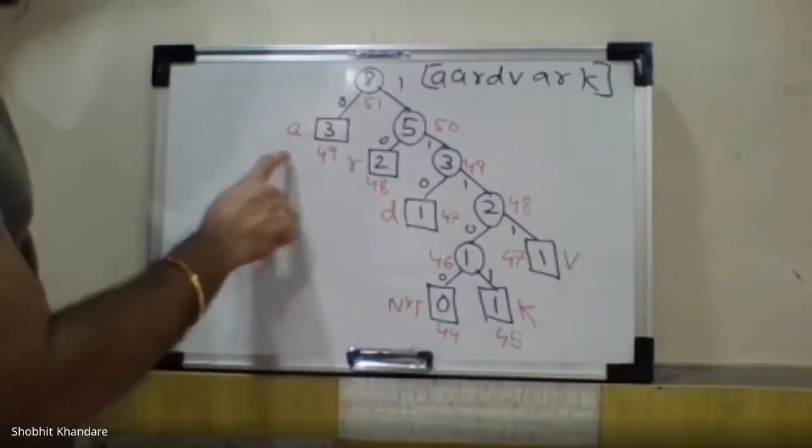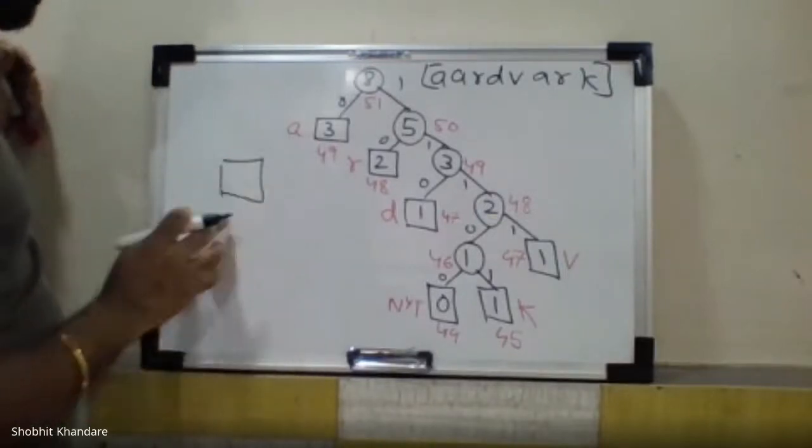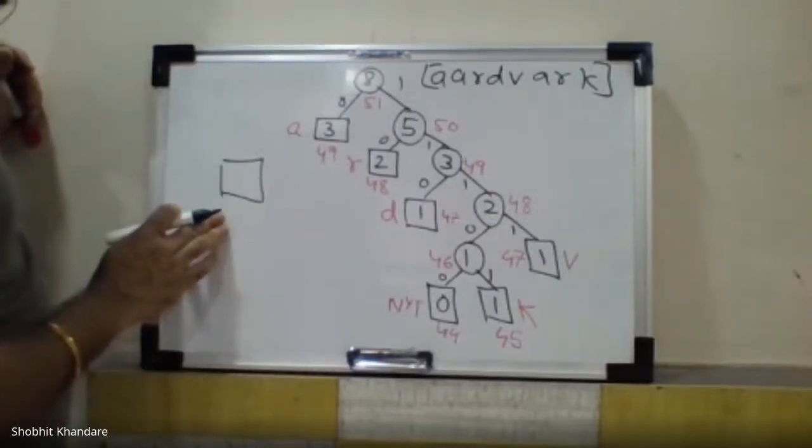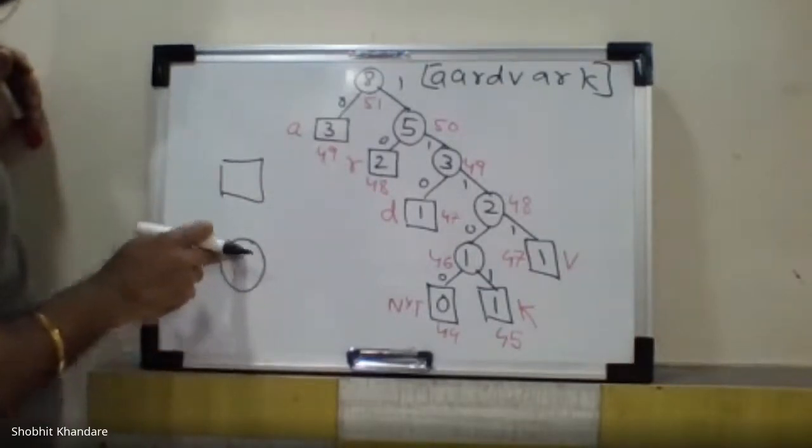I have told you that we will be drawing the rectangle or the square as far as the external nodes are concerned, and we'll be drawing the circle as far as the internal nodes are concerned. Okay. So